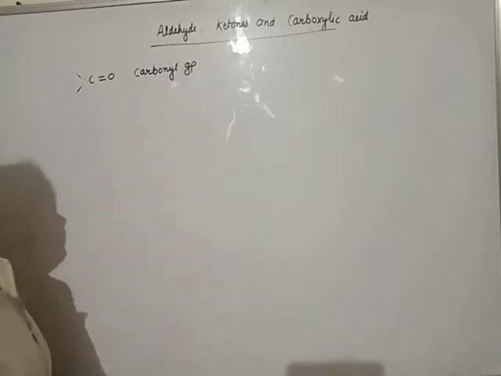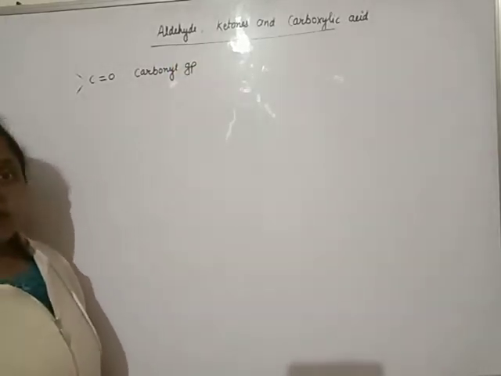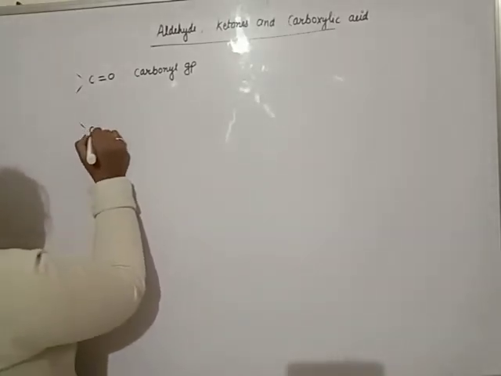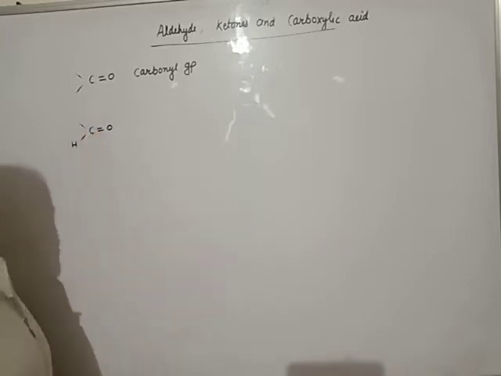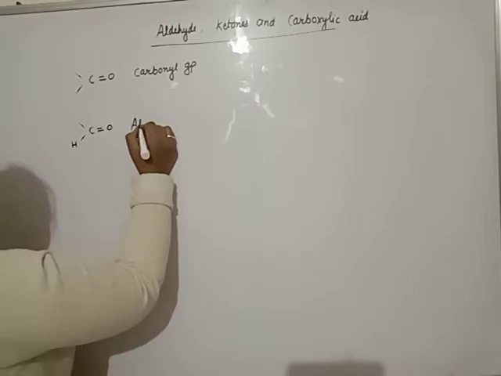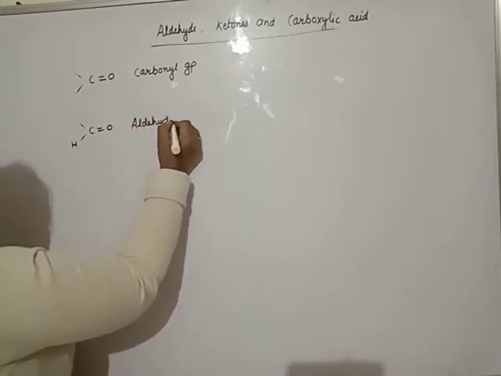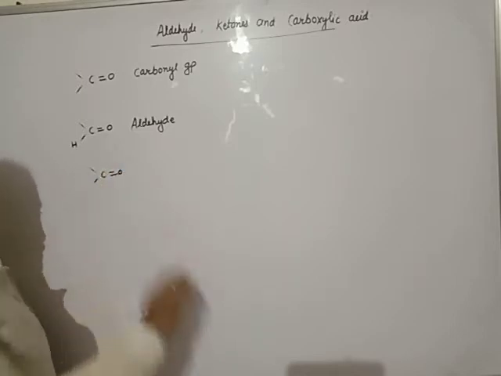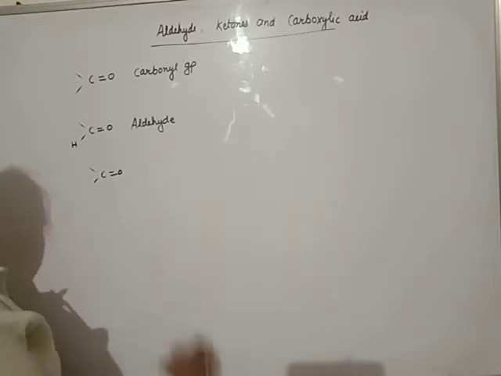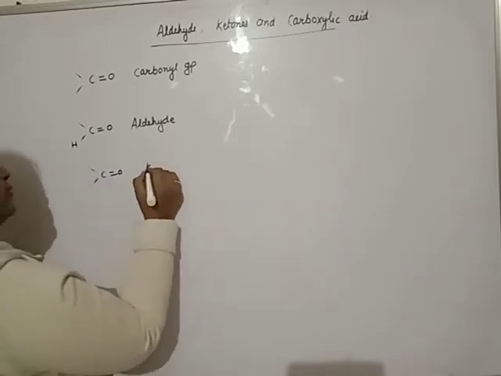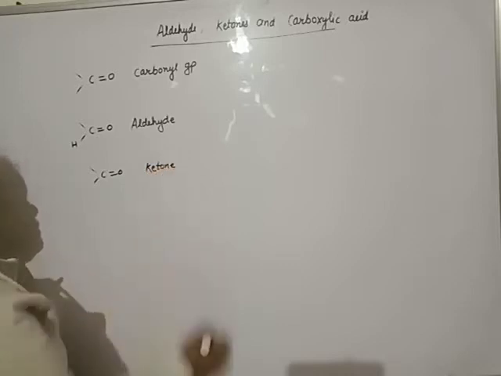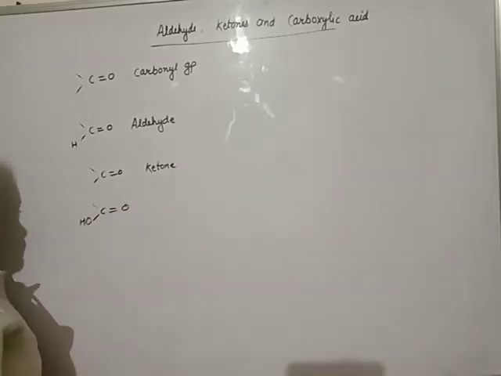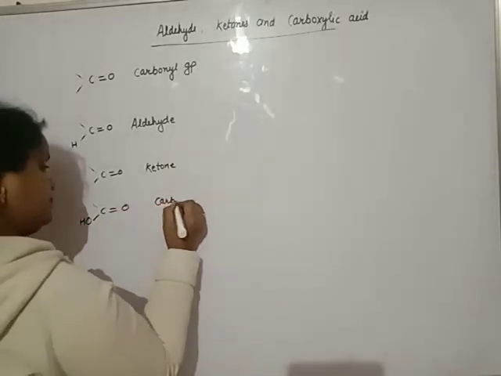Beta, from this carbonyl group we have some classes of compounds. Just like if one side of the carbonyl group is represented by H, it is known as aldehyde group. This class is known as aldehyde. If both the sides are filled by any carbon chain, never H, then it is known as ketonic group. That means ketone. If one side is filled by OH group, it is carboxylic acid.